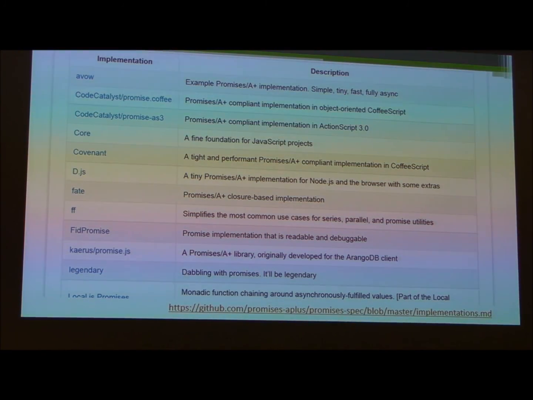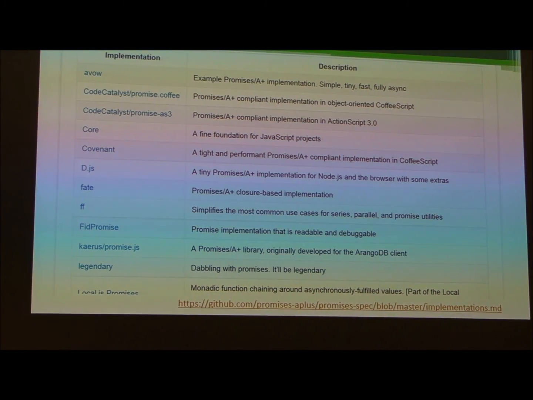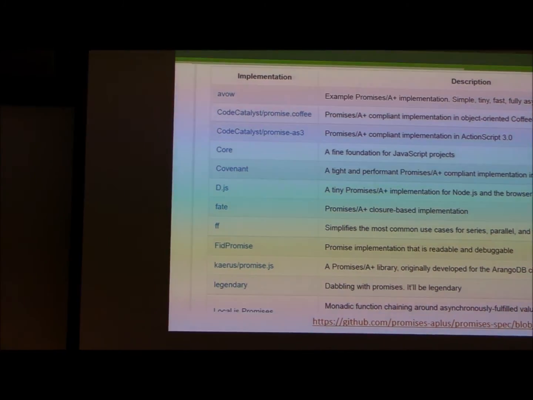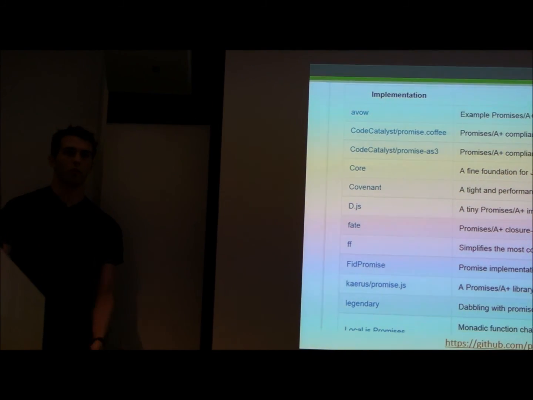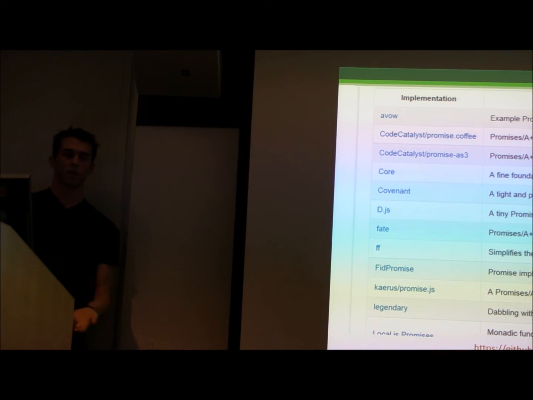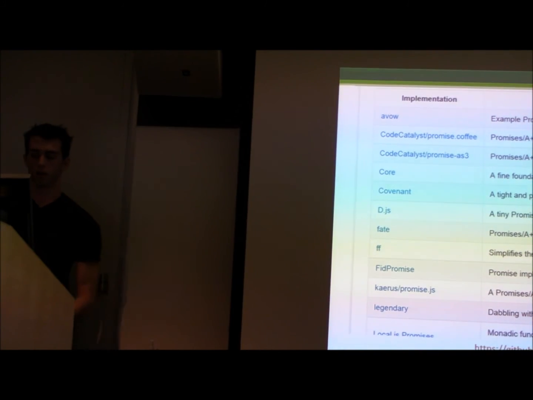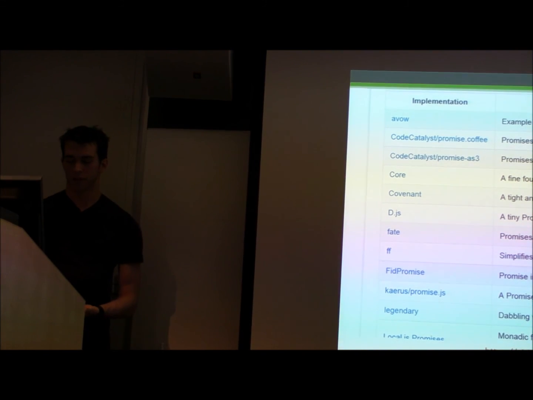And what's great is that because we only specify the core piece, the then method, everybody can make their own choices about how pretty they want their API to be. We didn't say everybody should make their API look like Q. We just said make sure your then method behaves right, meets this minimum standard of behavior so that we can all talk to each other. So I think this was kind of a key to our success.